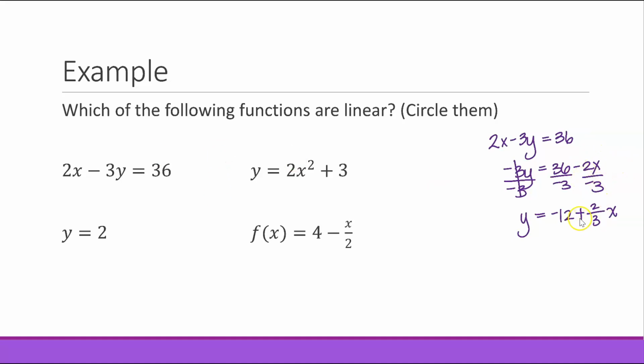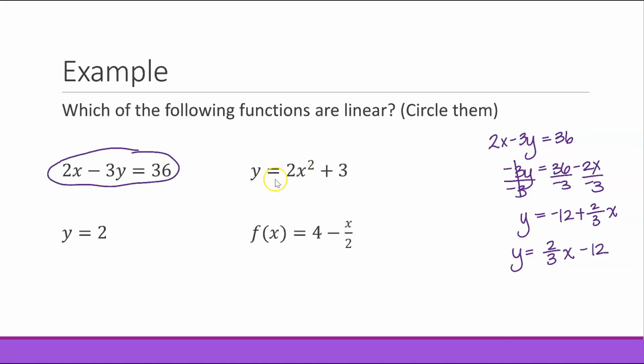So the negatives here will cancel and give me a positive. And because addition is commutative, I can switch the places of these two terms to give me 2/3 x minus 12. So I am able to write this equation in mx plus b form. So this is a linear